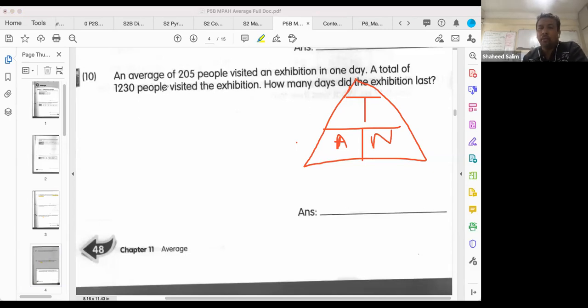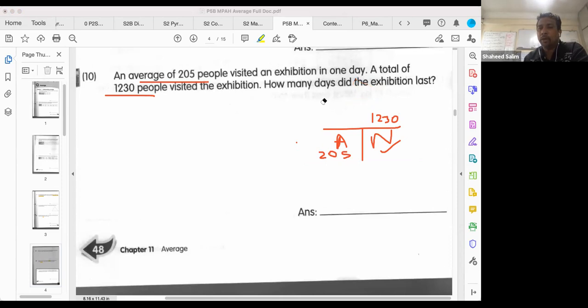You see the total number of people, total number 1230. I put 1230 here. Then this one, average is 205. I put average here. They are going to ask you about number. See how to do. You know how to do already. You have already done. Look, you see, watch out,